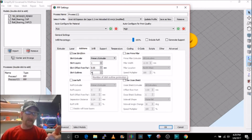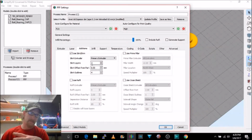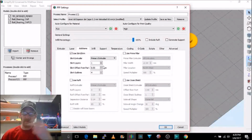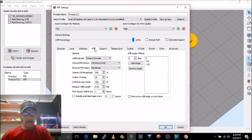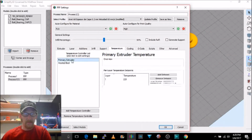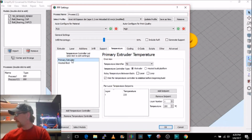And the difference between a brim and a skirt in Simplify is just how far away the skirt is offset from the part. If you set that to 0, it's going to be a brim. No supports. I'm going to go with 50% infill, just so it's strong enough, but not going to take that long. No supports. Temperature. I believe that this is...